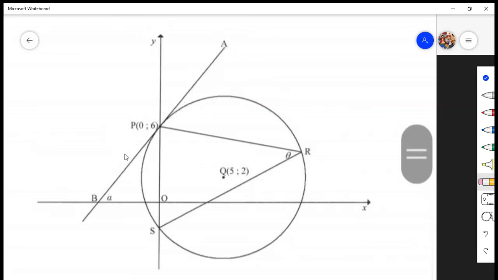So before we calculate the equation of a line, we first need the gradient of that line, and we need any coordinate on that line. So we've got the second part, which is the coordinate. We've got coordinate P, which is on that line. And the coordinates of P are 0 and 6. So the only thing that we're missing is the gradient. So the only way I can see to calculate the gradient of this line is to use perpendicular gradients. So we are able to calculate the gradient of the radius, which is PQ. So if we were to calculate the gradient of the radius PQ,